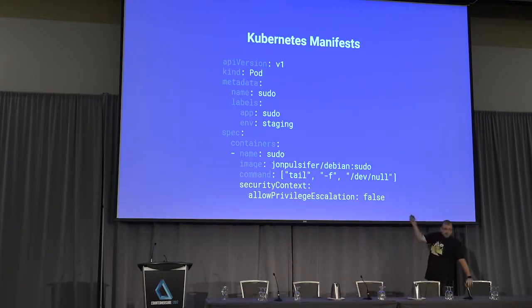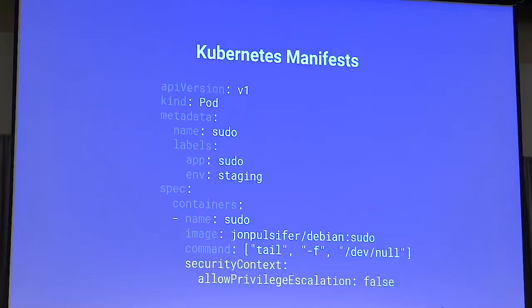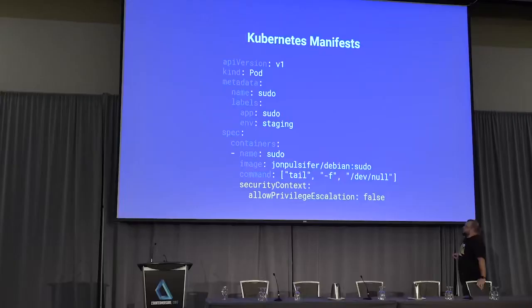So this is why I call myself a YAML engineer. Working inside Kubernetes for the last year and a bit, I've seen a lot of these manifests, and most of my work is involved in maintaining or securing these manifests. So this is where we say, here's a pod, its name is sudo, its environment is staging, there's some labels that I mentioned before and why they're important. Inside of this pod, we're going to run a container. There's where we get the container from my Docker Hub,